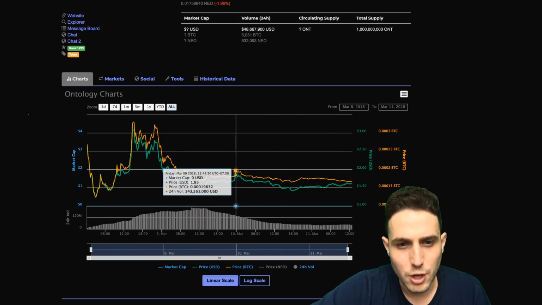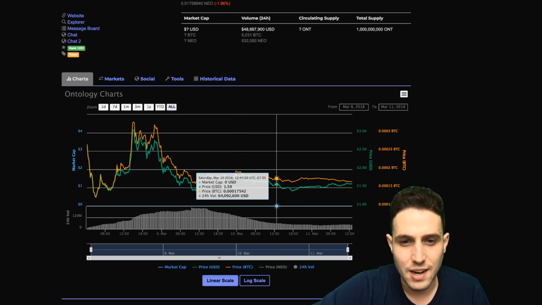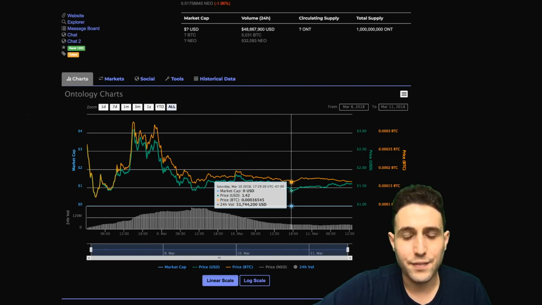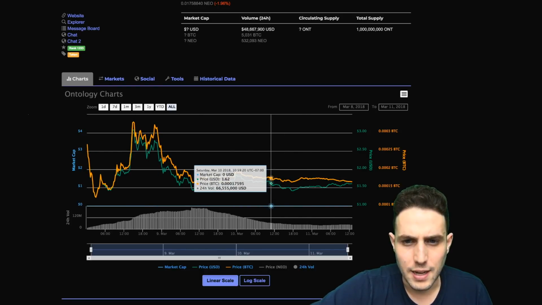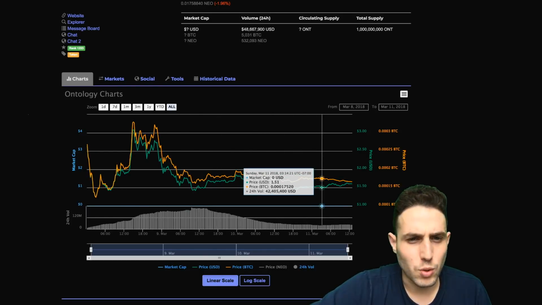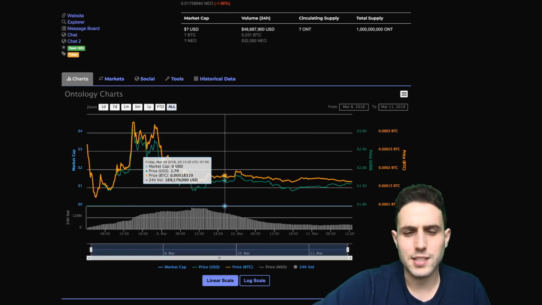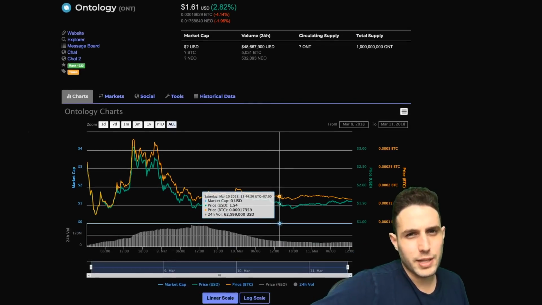Obviously, it's been ebbing and flowing. It got up to about 185, and it got down as low as 142. I definitely had some buys set in there in that range, so I have to check and see if any of those got triggered around last night. But regardless, we'll see. I'm definitely trying to accumulate some Ontology, even thinking about liquidating a lot of my Bitcoin